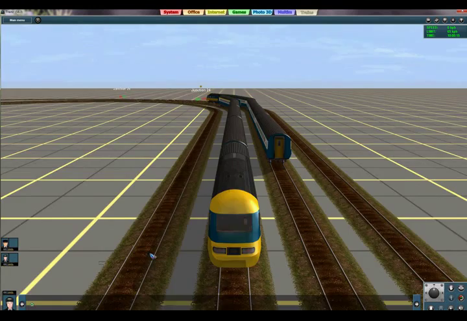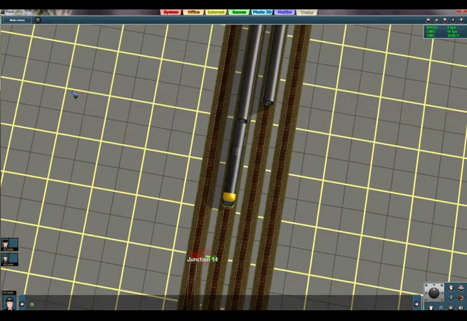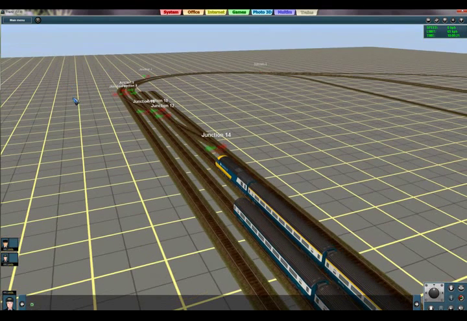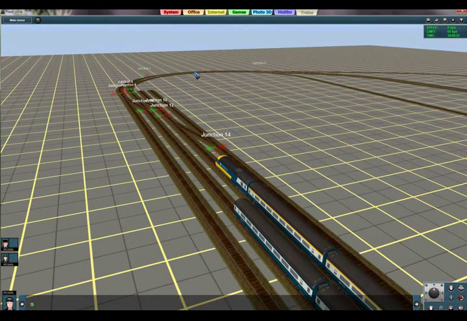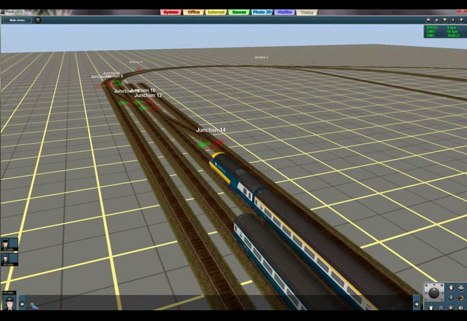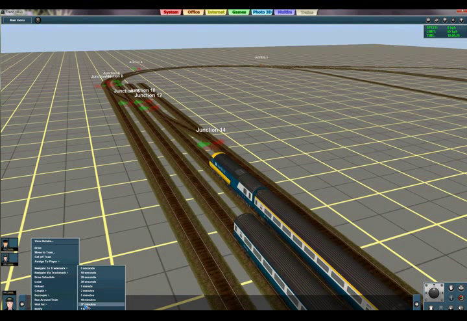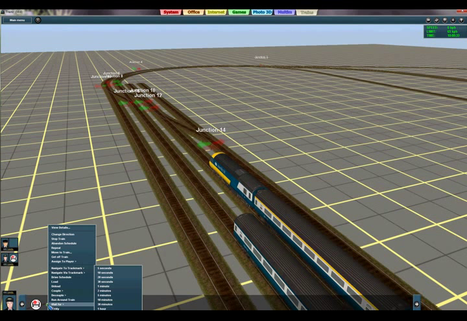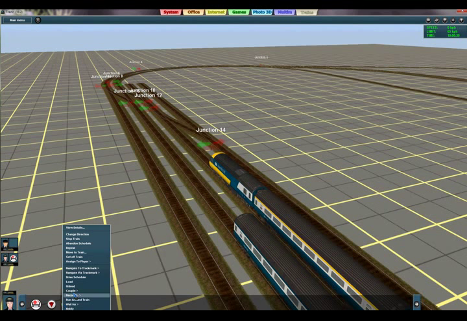Yeah, this is track number 3. I want it to go via west 2 to north 3. So let's type that in. First I let it wait for 30 minutes so that I have the ease and time to type in my commands. Okay, let's go via west 2 and then to north 3.